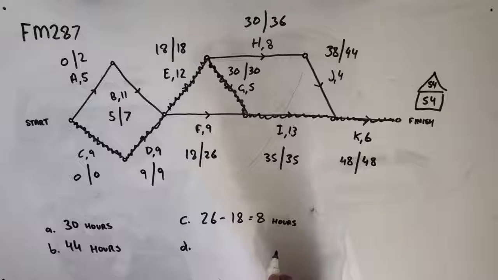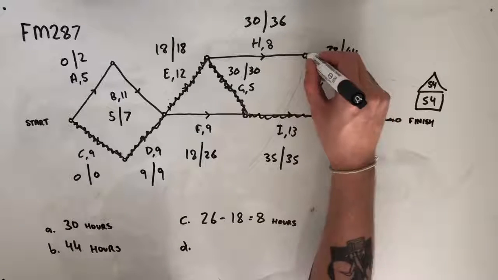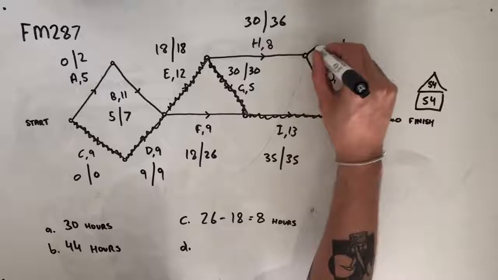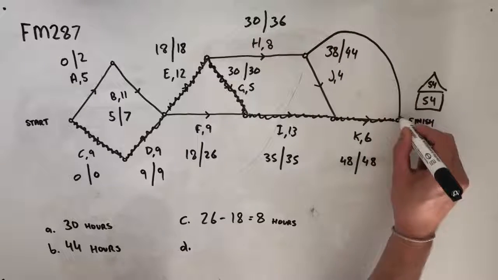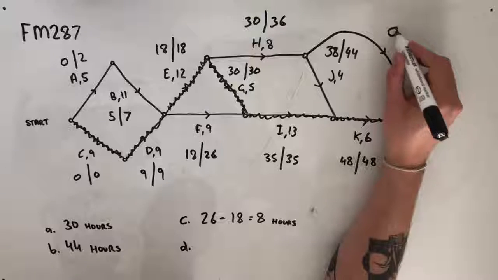What is the latest starting time of activity Q if it is not to increase the minimum completion time of the project? So from this information, you may be able to see that activity Q comes after H, so H is its only predecessor, and finishes with the project. Now, I don't normally use curved lines, but you can see here that this is where activity Q